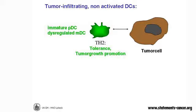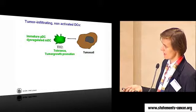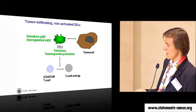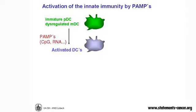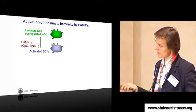Seen as a total model, we come to this point. We do have a tumor cell that causes immature, resting Th2-secreting PDCs. We have a dysregulated MDC. We have the situation of tolerance, and by producing interleukin-1, a tumor-growth-promoting situation. Next. The result is the whole network, not only T cells, but also NK cells, are completely anergic and do not eliminate the tumor. Next. Upon CpG, next, or any other type of pump, predominantly what we currently look at, immunostimulatory RNA, the DCs would be activated, next,